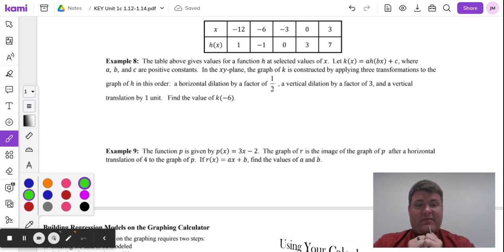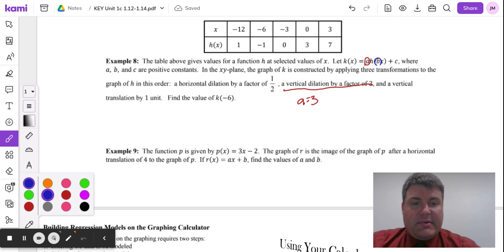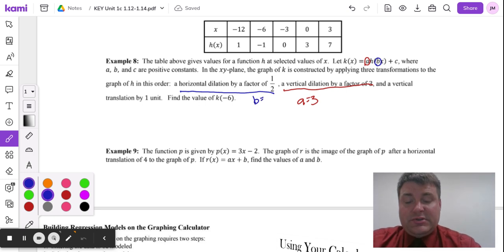Okay, so I need to find the values of a, b, and c, and then I can plug in a -6 into my table right here to find this out. So let's go ahead and get to this. So let's find a first. So a is going to be my vertical dilation. So a is 3. I didn't mean to cross that out. Just happens. b is going to be my horizontal dilation by a factor of 1/2. So b is going to be equal to, flip it, 2. And then c is going to be my